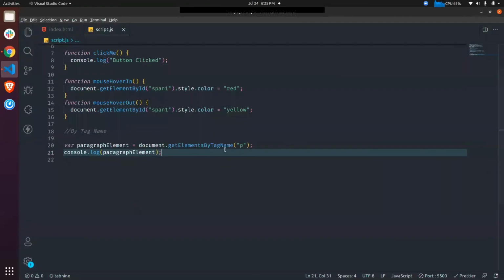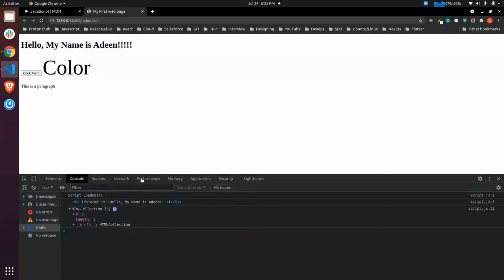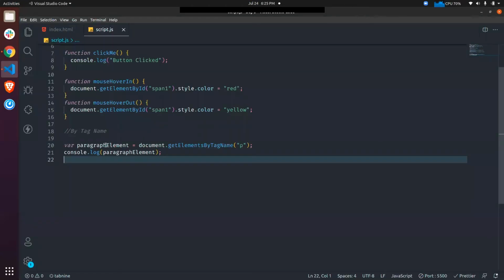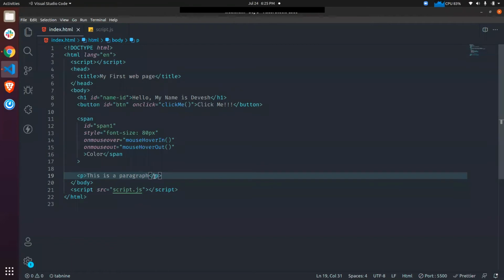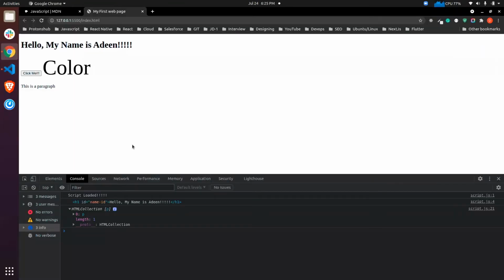The difference here is that if you use getElementsByTagName, there can be multiple elements, like in our case there can be multiple paragraph tags in our web page. So it provides us an array which has some indexes. On the 0th index we get the paragraph tag. If we had multiple paragraph tags, we would have gotten the list of them.